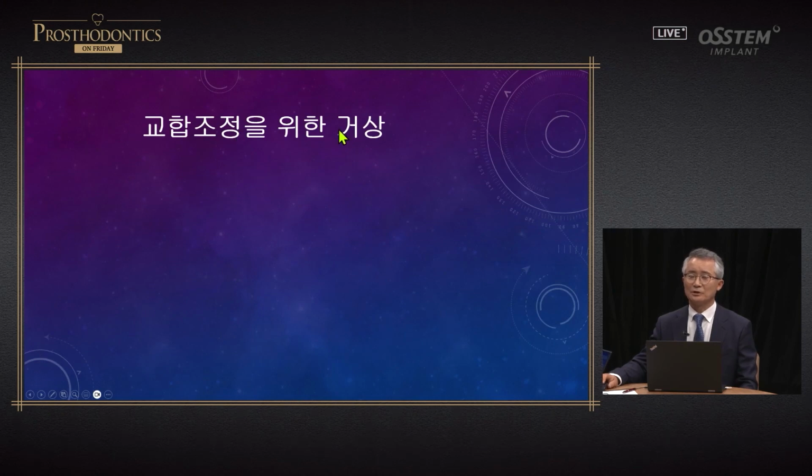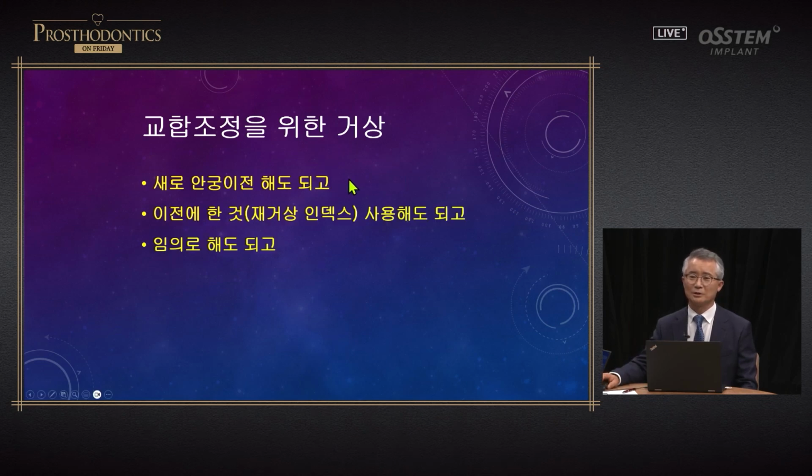This is articulation for clinical remounting. Many find it very difficult, but I think we need to simplify our thought. You can do facebow transfer again or use a remounting jig. You can use a remounting index. Also, you can use a random number. By random, I mean you can apply the CR bite on the articulator. If you mount it randomly, then you'll be able to use it meaningfully.